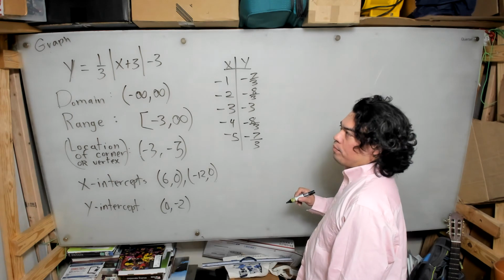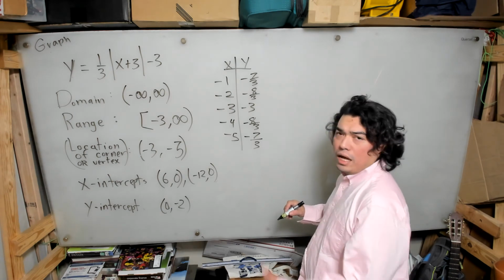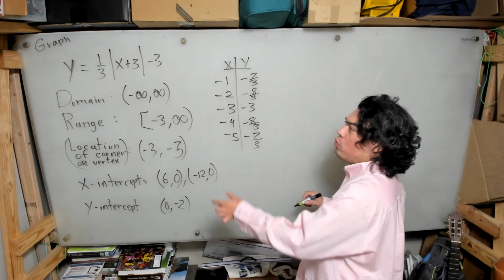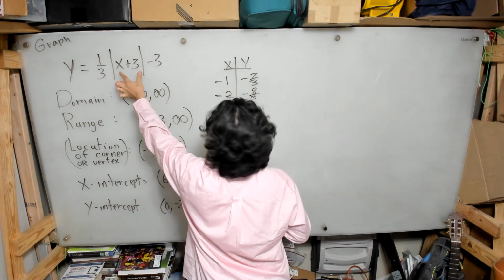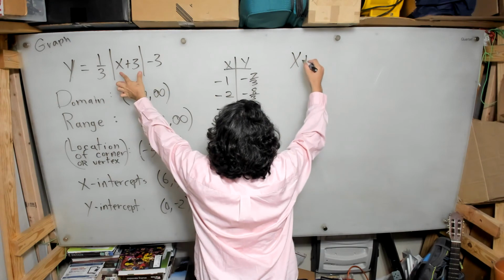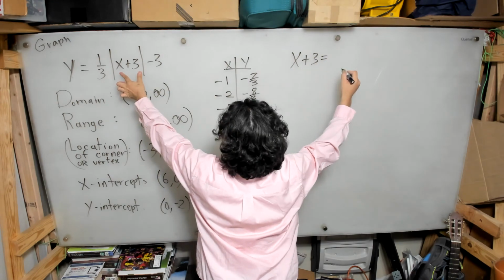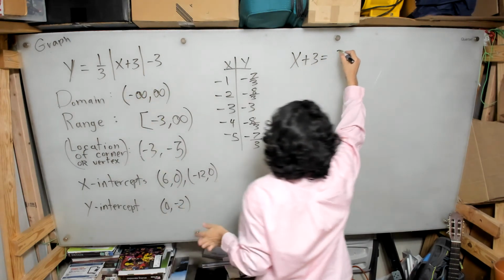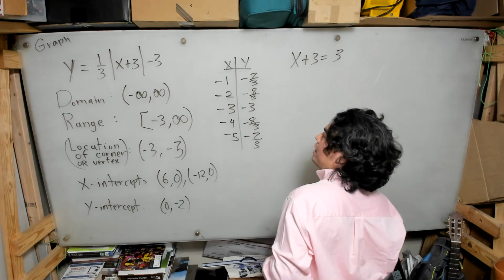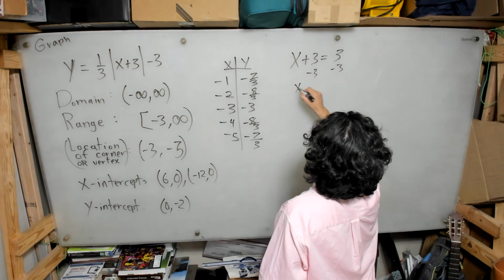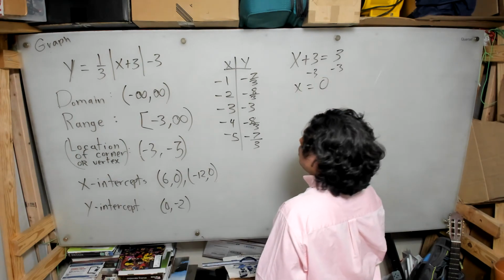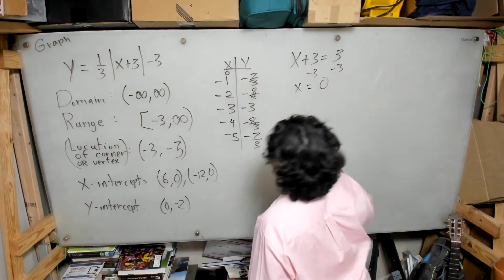I'm just going to make 2 points. So what I want to do now is make this x plus 3 equal to, let's say, 3. What does x have to be? x equals 0, right? So if I were to set x equal to 0,